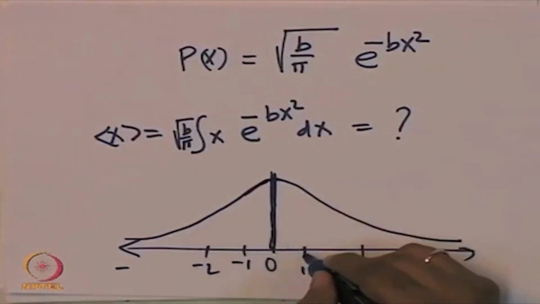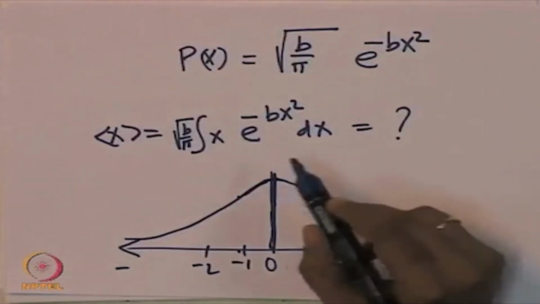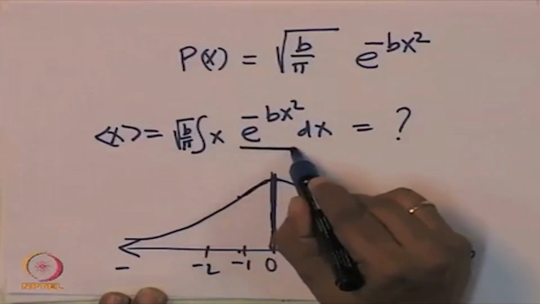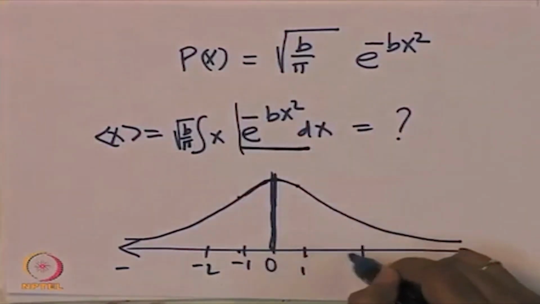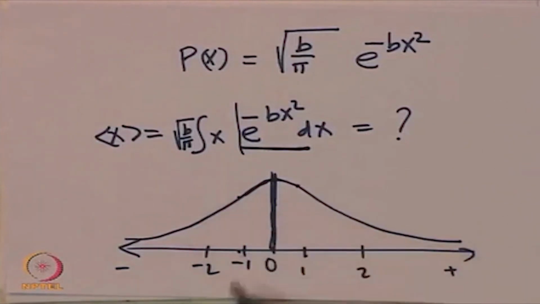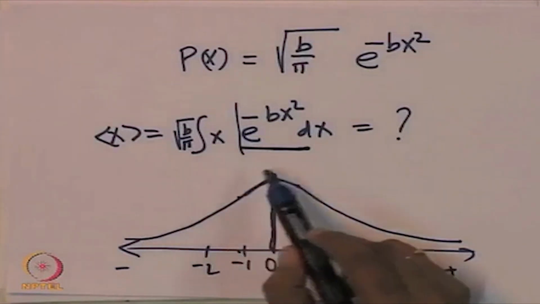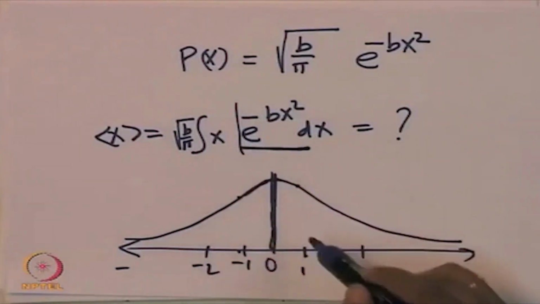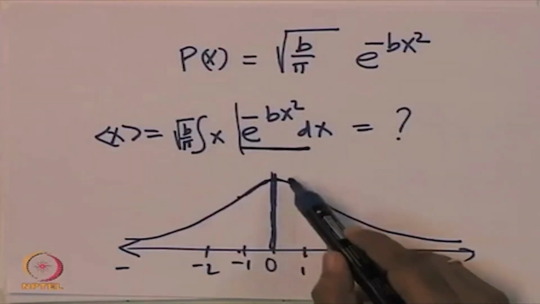That means whatever the value at plus 1 is the same value at minus 1. So the e power minus bx square, if you find out at plus 1, is the same as the value at minus 1. The only thing that differs is x. So when you do this integral, for every value, you multiply with 1. First, let us say x will have some positive value, 0.1,